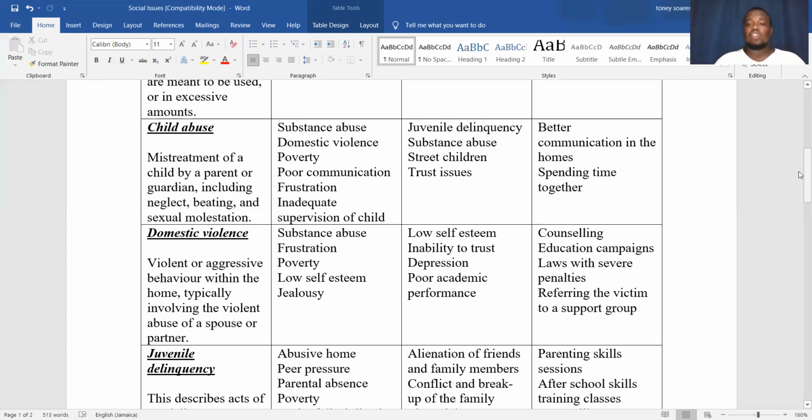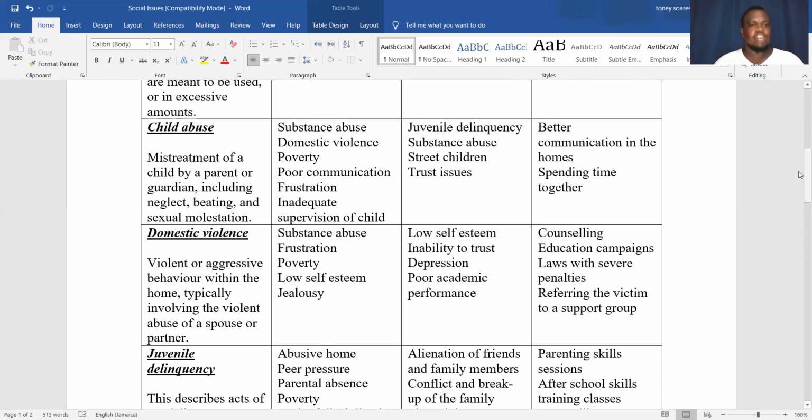Good. Some solutions: better communication in the home. So children should be told, or they should be encouraged to have a voice in the home. No longer should children be told that they must be seen and not be heard, and they can't say anything. If they say anything, the parents run them and say, move away from here, shut up. Right? Parents need to start believing their child if they say that they are being abused, right? Parents, guardians must spend time with the children so they can find out what is happening in the day-to-day lives